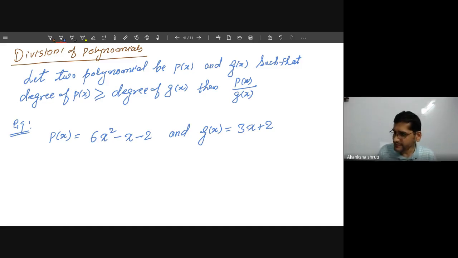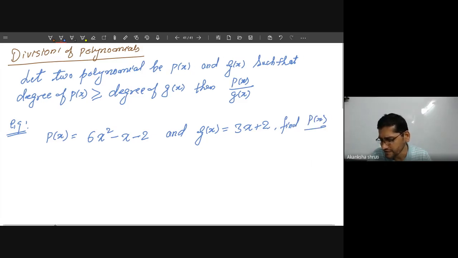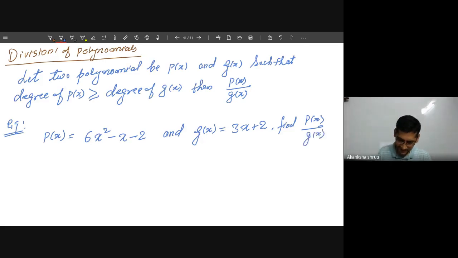Okay, students. Whatever steps I am going to follow, you also have to write and follow. In each and every step, if you have any doubt, then please ask. Because if I go to the next step, then you may miss it, and learning becomes more difficult. So you just do along with me. I just want to calculate this: p(x), a polynomial, is given, and g(x) is given. Then we want to find p(x) by g(x). Okay, students.